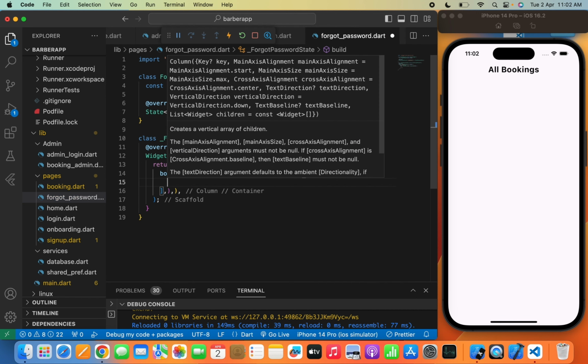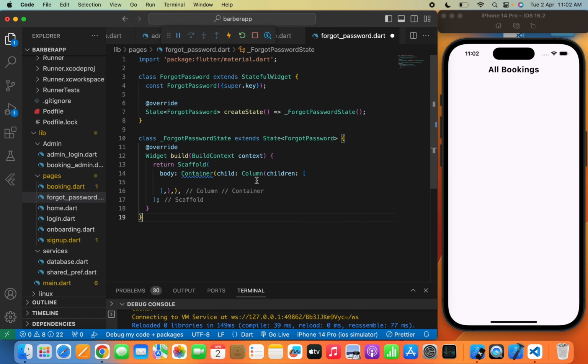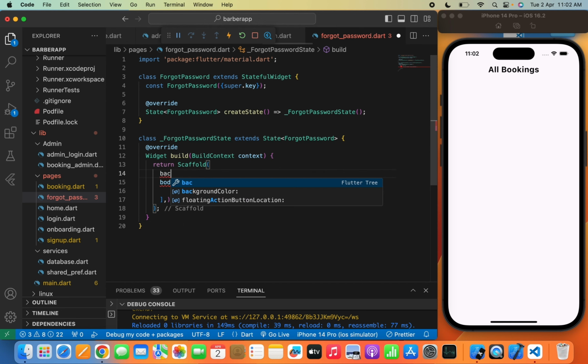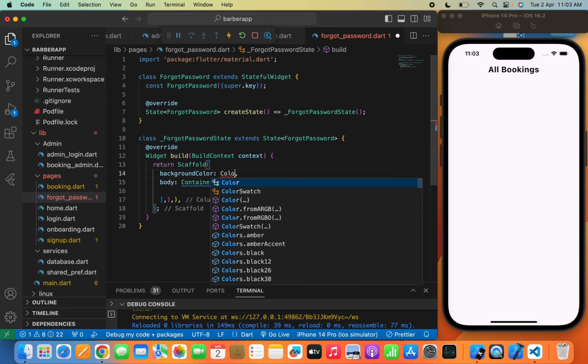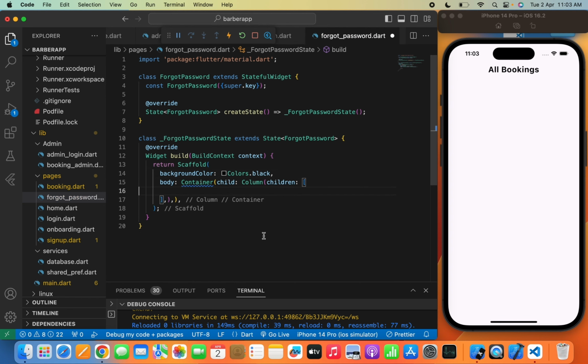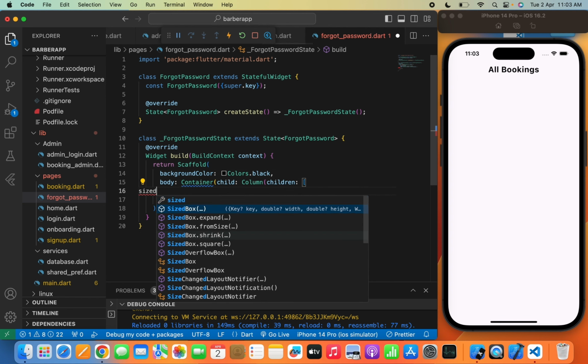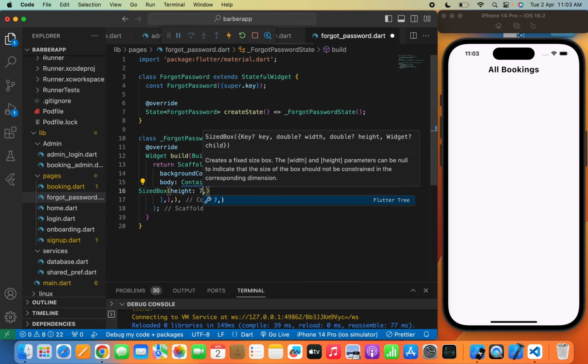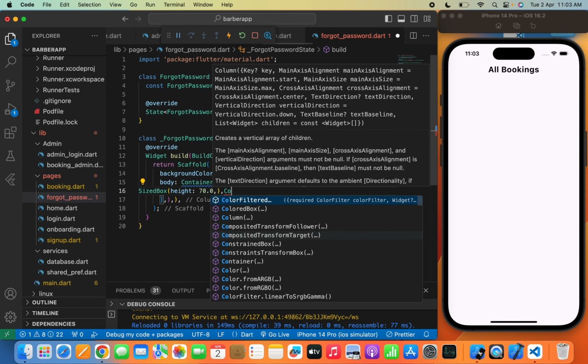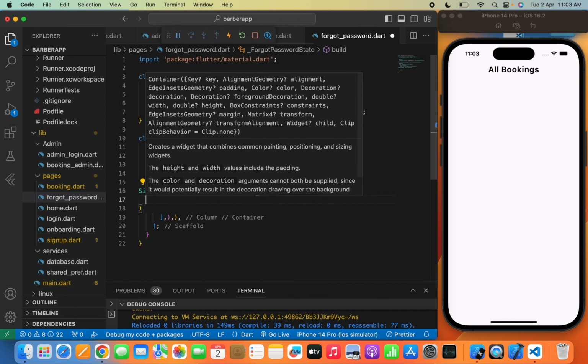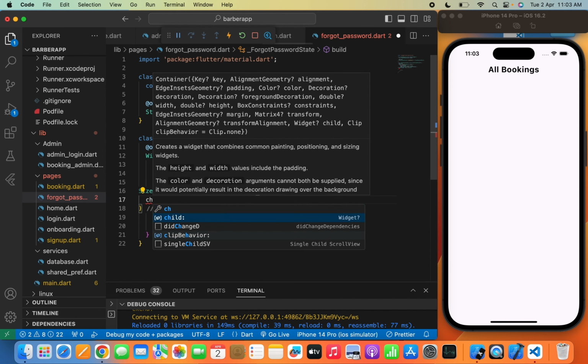Yes. So here first I'm going to pass the background color. So I will pass the background color colors dot black, and I will pass a sized box height 70.0 so that I can provide the space from the top, and I will pass the container and write child text